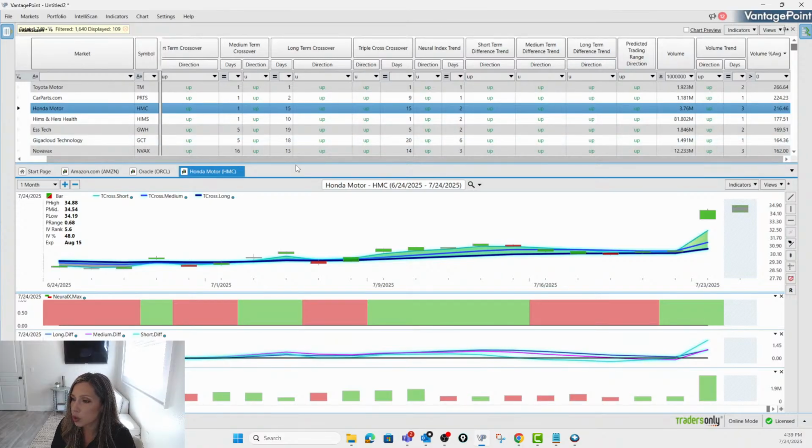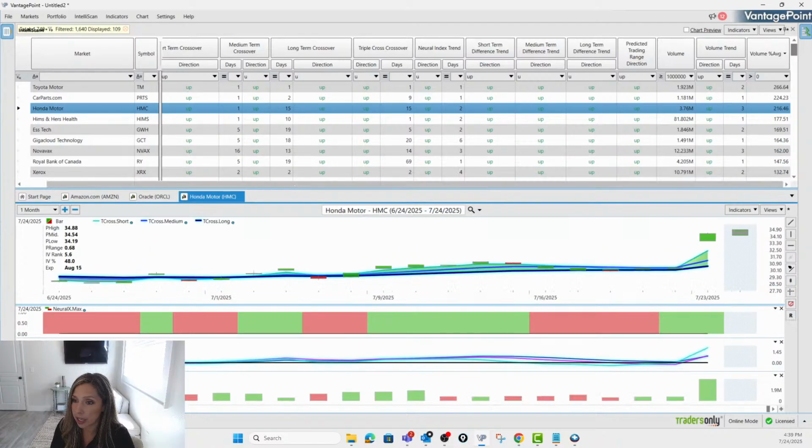For those users who are in VantagePoint, because I know we do have some in here today. In fact, quite a few are new. So welcome to VantagePoint for the first time. But for those of you who are already using VantagePoint, are you using volume analysis? Are you using volume analysis in your IntelliScan? I'd love to know. Just keep me posted on that. Type it in the chat here for me, please. My goodness,